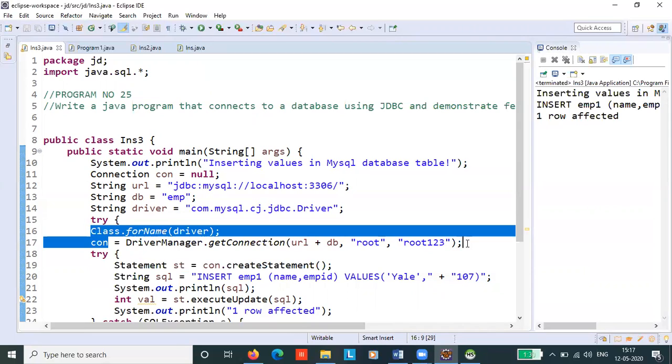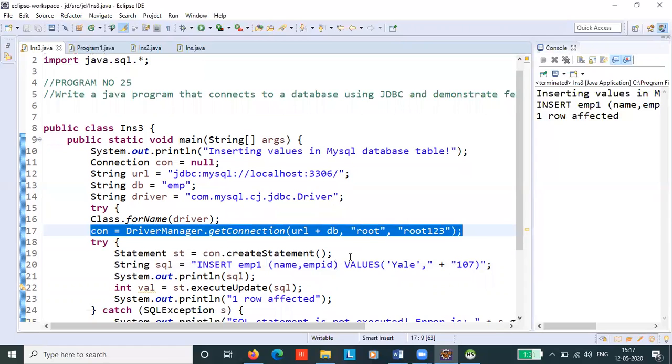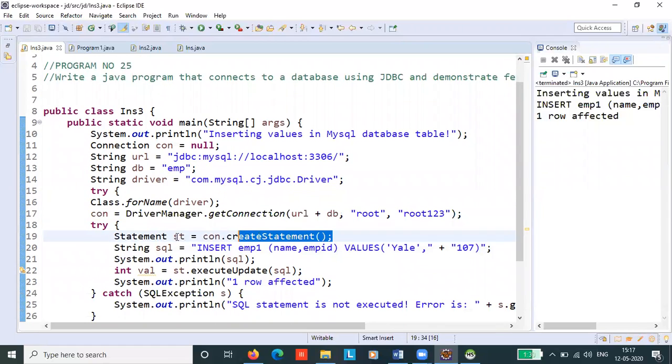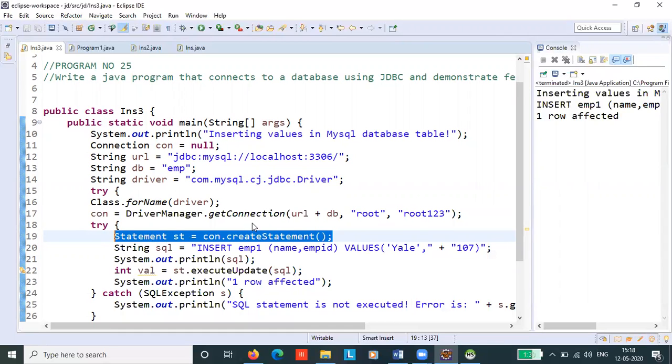Then, make use of the connection to connect to your local database server. The arguments you have to pass here are the URL, the username and password of your database. Then finally, with the help of this Statement interface, you can create statements which are nothing but your SQL queries. With the help of the Statement interface, you can run the SQL queries.